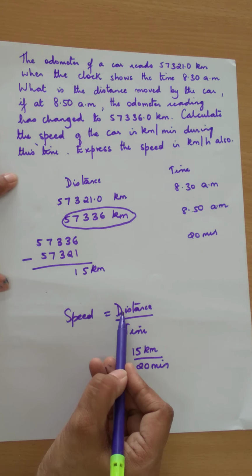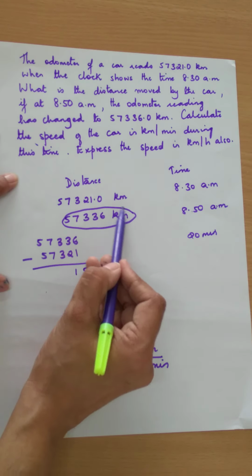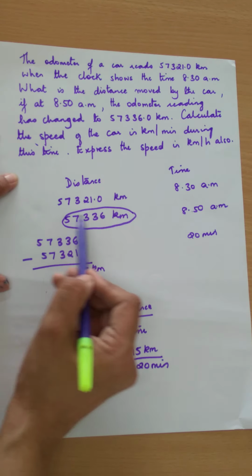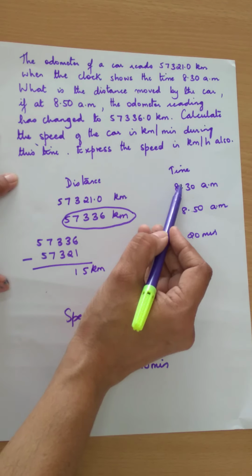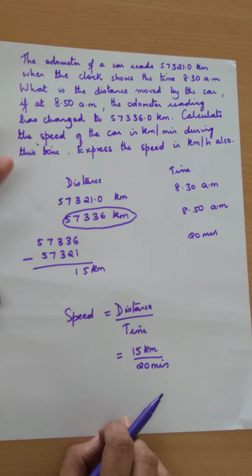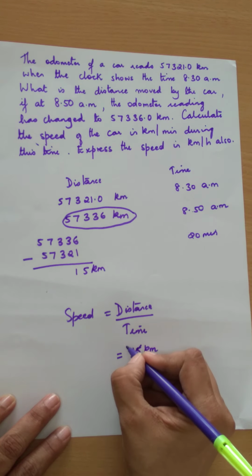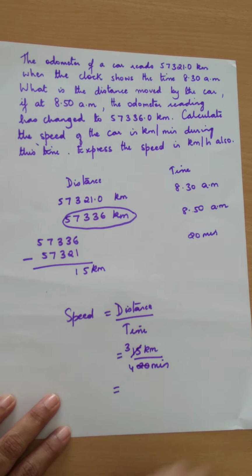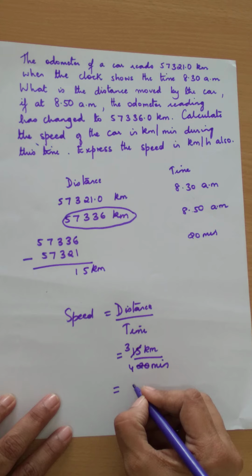So speed is distance divided by time. Now what is the distance? Distance is the final reading minus the initial reading. So we get 15 kilometers. And time is from 8:30 to 8:50, which is 20 minutes. So you get 15 divided by 20. 5 3s are 15. 5 4s are 20. So 3/4 is nothing but